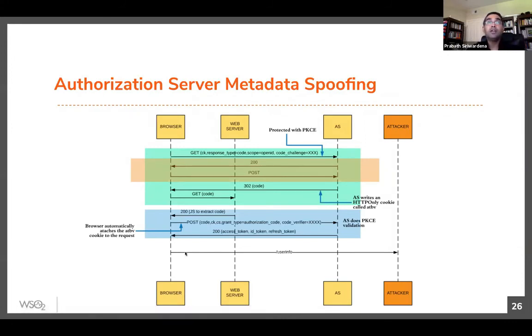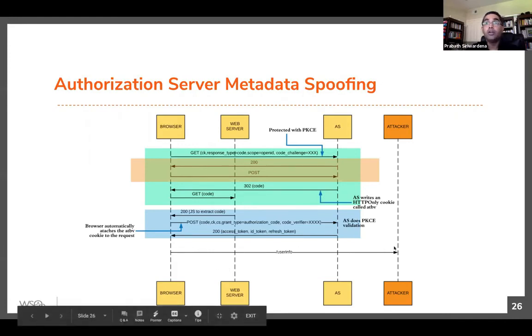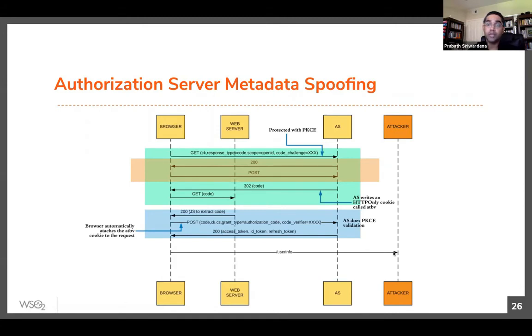Now, if someone changes the metadata of the authorization server, you may change the userinfo endpoint in the metadata, which can point to an endpoint of the attacker. Okay. So in that case, the attacker will get hold of the access token, and the attacker should be able to use that, right? If the token is not bound to the user session. So we'll talk about how to fix that too.